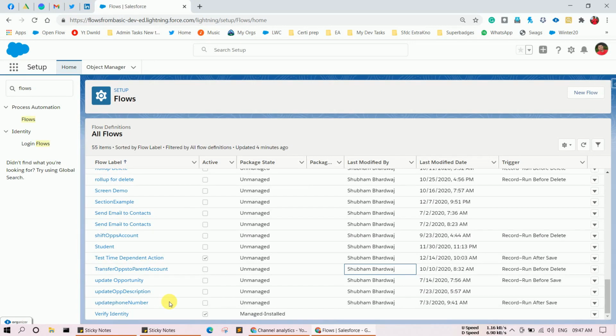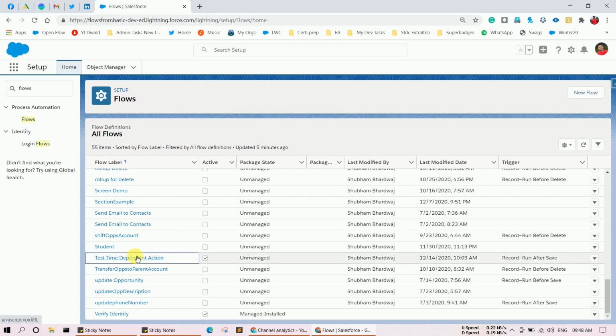In today's video we are going to discuss a time dependent action in Salesforce flows, or you can say a scheduled action in Salesforce flow. Right now this functionality is not available for flows, but in Spring 21 this functionality is already up for flows. So without any delay, let's start with an example I created earlier for time dependent action. I'm going to explain that flow to you so that you come to know about these time dependent actions and how to use them. So let's start.